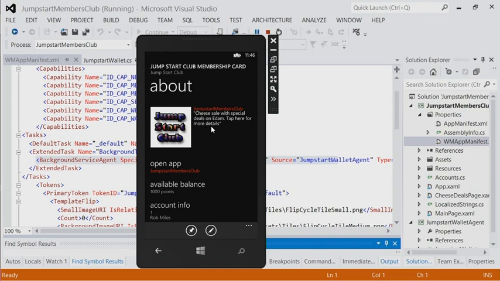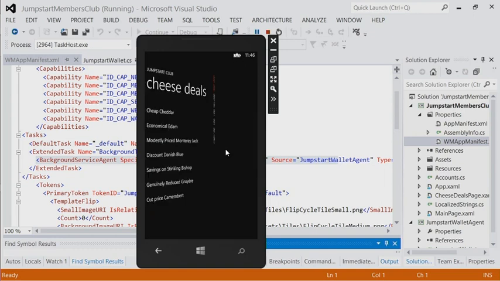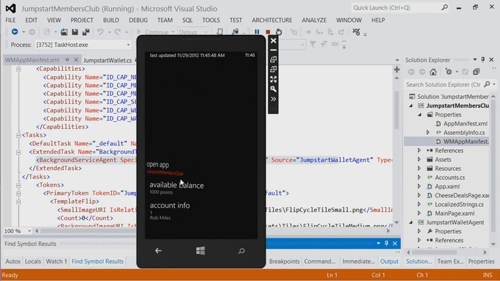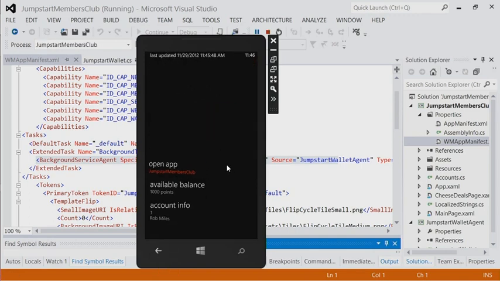Because obviously, a card isn't a static entity. You need to update it with current information. So the background agent, that's what its job is for. Now this is deep linked as well, so I can tap on this and it takes us into the app. So that's another way of launching the app. So you can just launch the app at the start page from that link, or the deal is deep linked